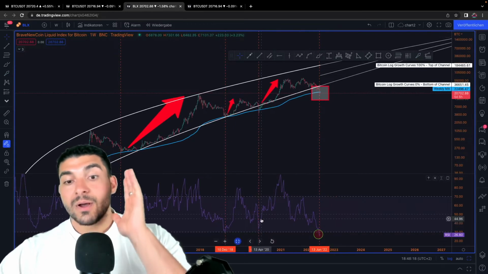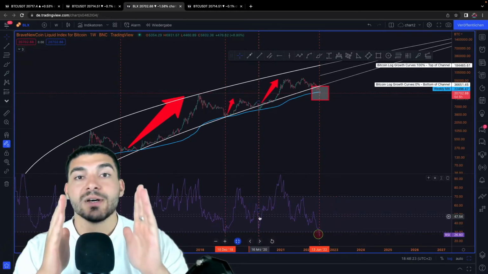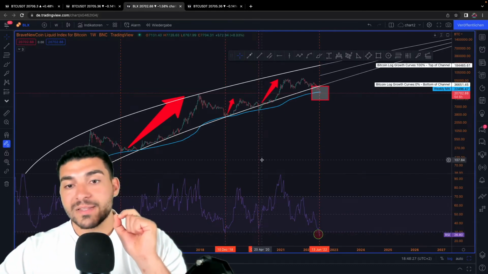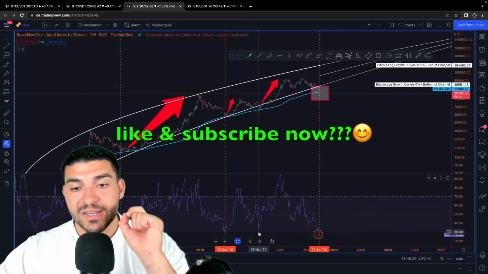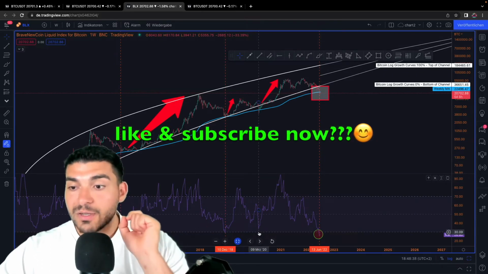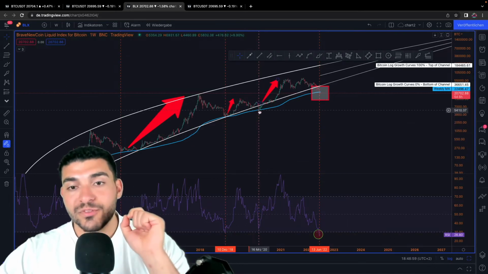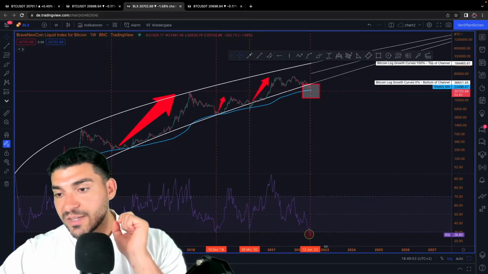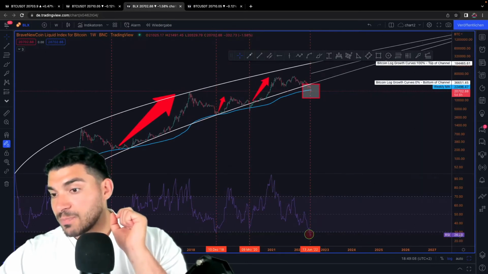Also what is very important to consider: the bottom was at this vertical line, where the RSI indicator was at 30 or below 30. And then we also have seen the bottom for Bitcoin, and right now we are with the RSI indicator below 30. We have an exact RSI of 26.8,